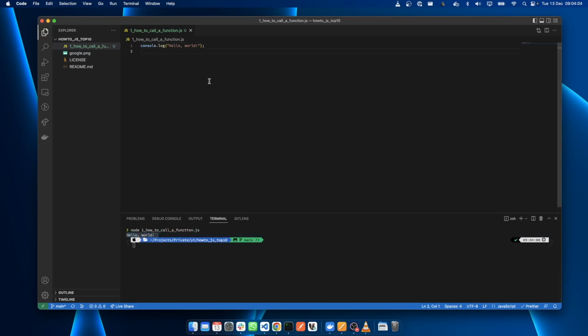Right, so we want to log something to the console, but definitely not hello world. There's one very main way that you can call a function, but then there's a nice second way as well, and there's obviously way more advanced ways, but we'll touch on two different ways to call a function. The first is using the function's name with parentheses,